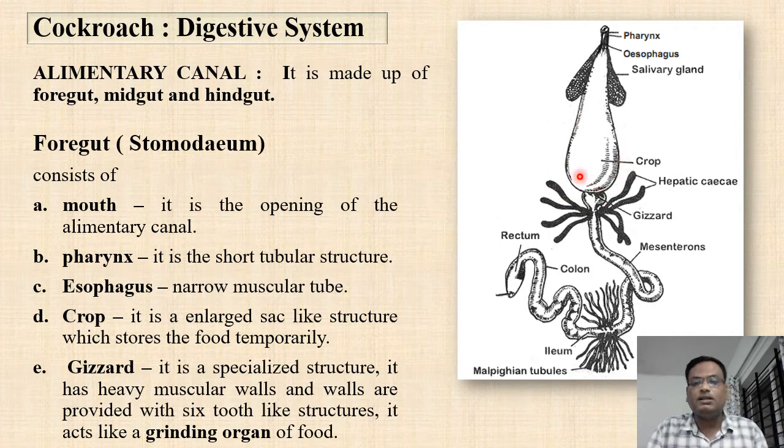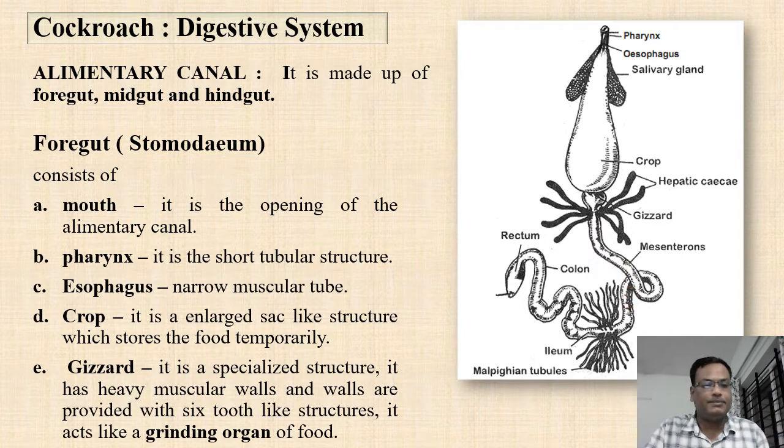You can see in the picture, crop is a very big bag-like structure or sac-like structure. It is elastic in nature. You can compare the crop with the stomach of higher animals. Whenever the cockroach finds the food, it's going to consume that food, and that food is going to be stored in the crop. And slowly, small portions of food are pushed to the next part of the alimentary canal,